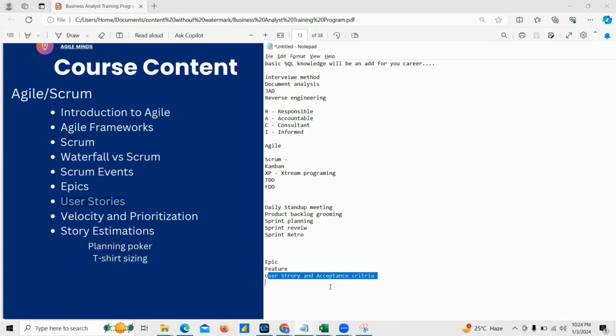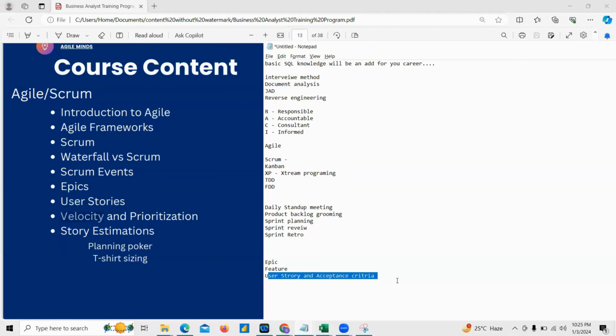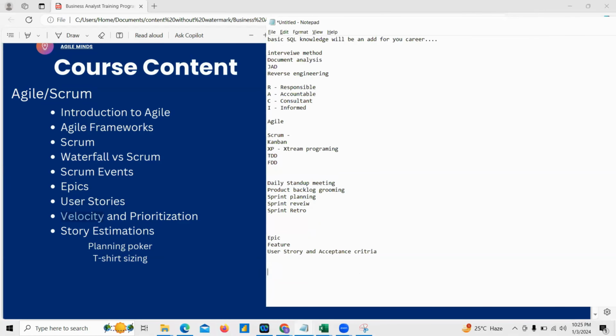Then we'll also see how to calculate the team's velocity and the team's capacity. These are some technical words, if you have ever heard them, like team sprint capacity. How do we calculate this sprint capacity? Sprint planning is based on this.